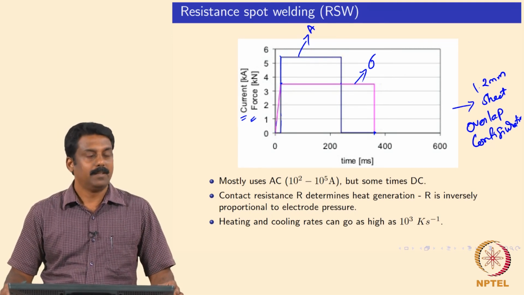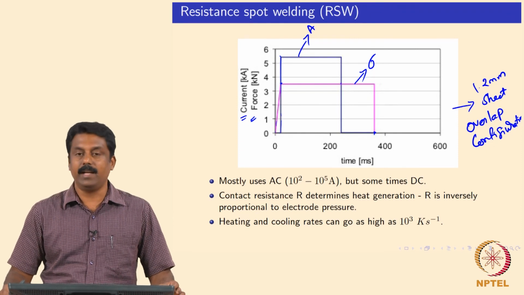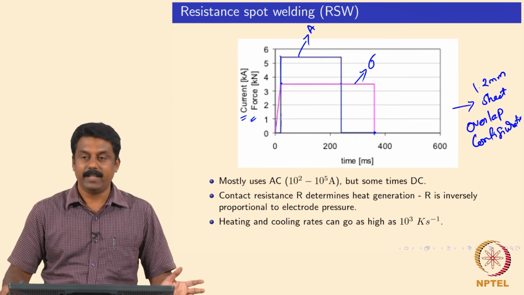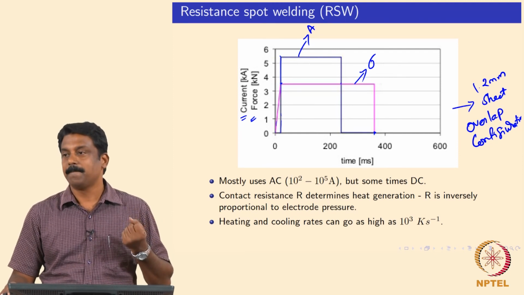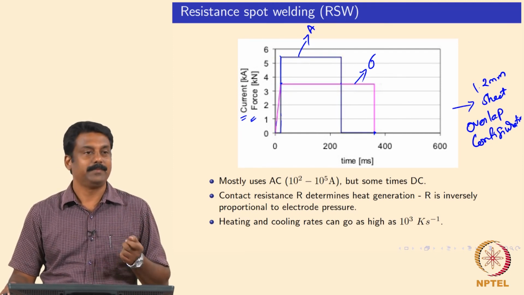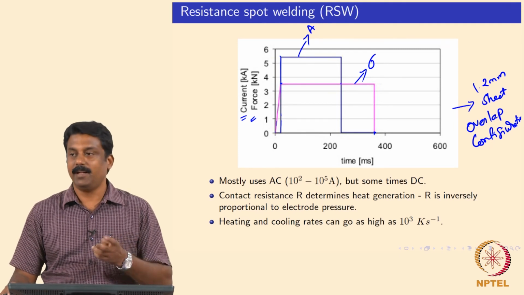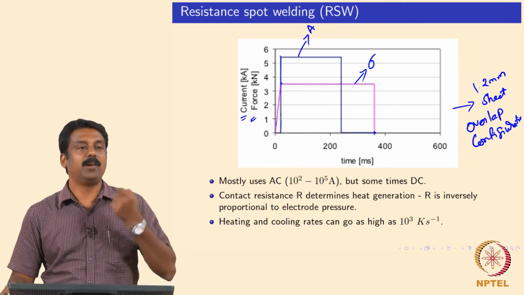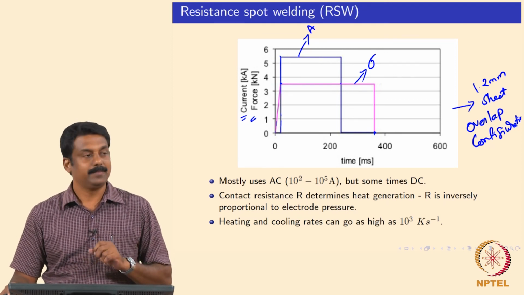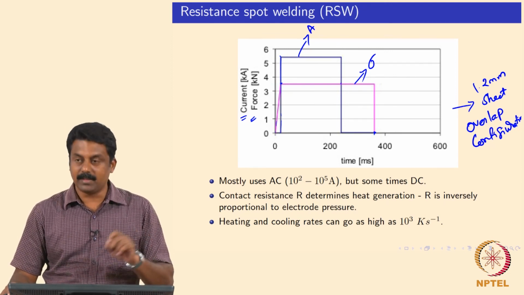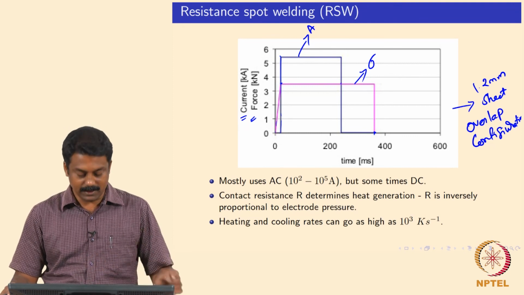right. If you are cooling at such high cooling rates in a steel, obviously in most cases you will get only martensite microstructure. So, the weld can be very brittle, but we will have to live with that. We will have to play around with our welding parameters in such a way that we achieve good weld metal properties. We will also touch upon some of these aspects when you study that.